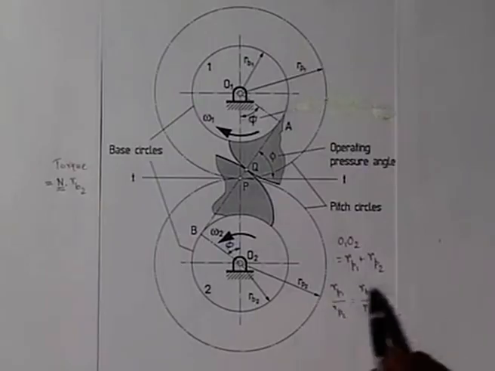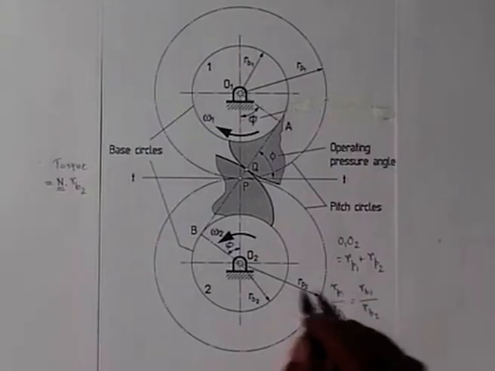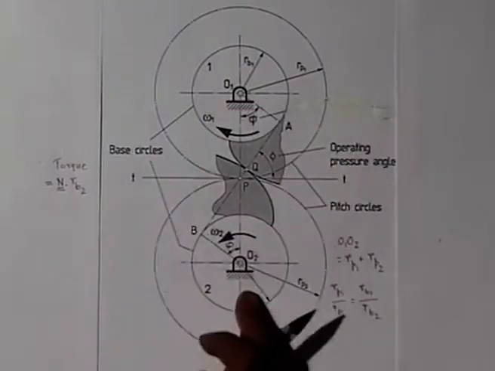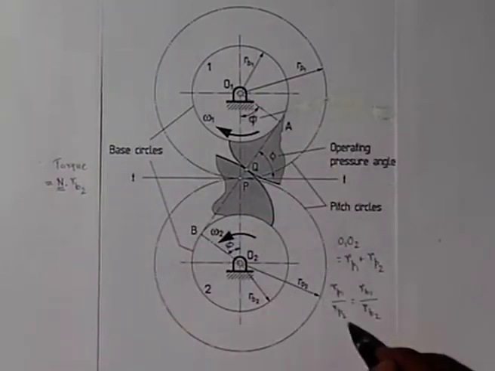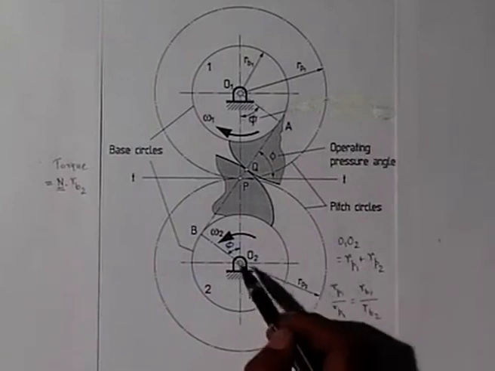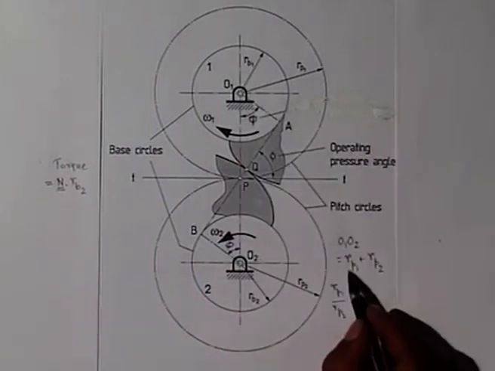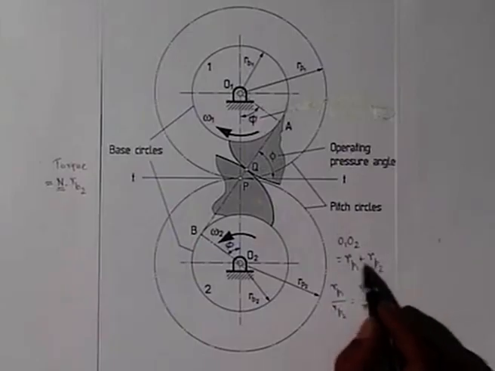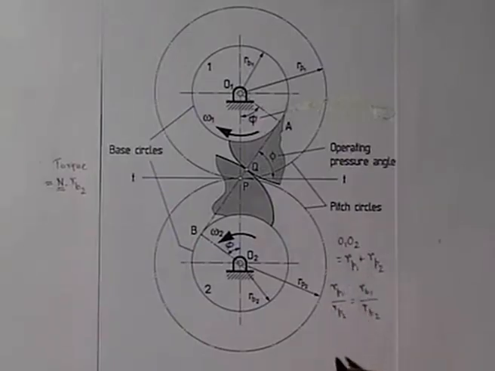Cos phi cancels, so this ratio remains the same. So, what we see is that so long as the gears are the same, that is, the base circle radius remains the same, Rp1 by Rp2 remains the same. With the center distance changing, this quantity Rp1 plus Rp2 is varying, which means